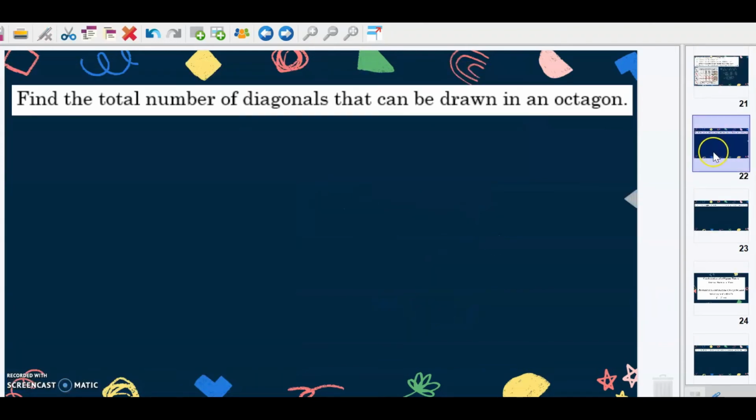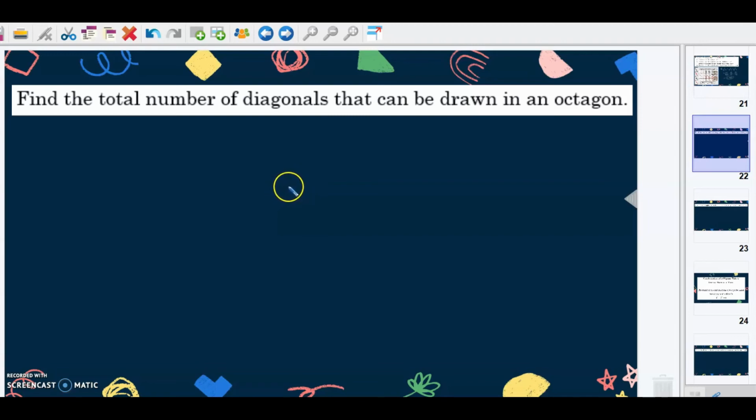So let us consider this. We can also apply combinations in finding the total number of diagonals that can be drawn in a polygon. Okay, so in this case, let's consider this problem. Find the total number of diagonals that can be drawn in an octagon. So I know that you already know the formula for finding the total number of diagonals, but in this case, let me teach you how to use the concept of combination in finding the total number of